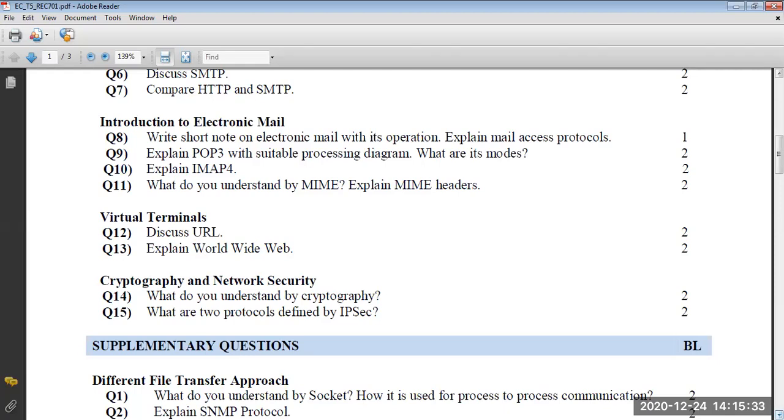Then we have a question related to IMAP 4. IMAP 4 हमने आपको बताया था कि POP 3 और IMAP 4 दोनों ही एक तरह से प्रोटोकॉल हैं। पोस्ट ऑफिस प्रोटोकॉल में जनरली क्या होता है कि जैसे मान लीजिए suppose a user wants to access a mail from the mail server, suppose I am not available right now, so the mails which will come to me will be stored at that particular time in the mailboxes on the server end. Clear? So जैसे ही मैं available रहूंगा, then I can access the mail from the mail server. So to access these mails, initially we need to download that particular mail from the mail server, then I can access it. ये कंडीशन है कि पहले आपको डाउनलोड करना पड़ेगा।